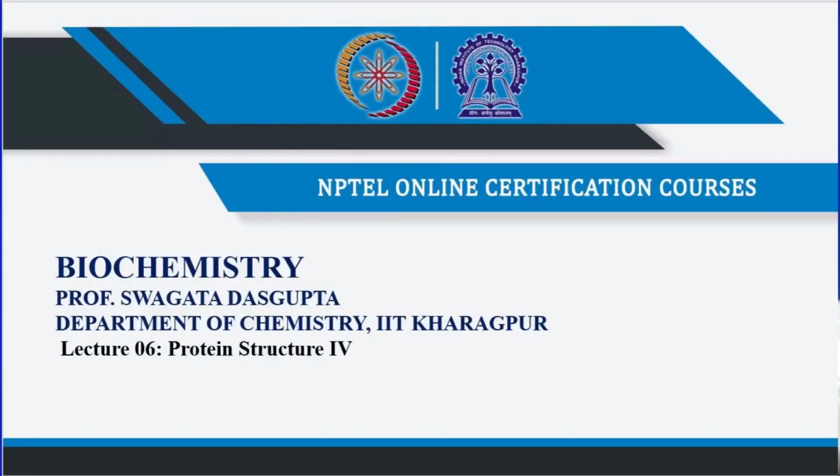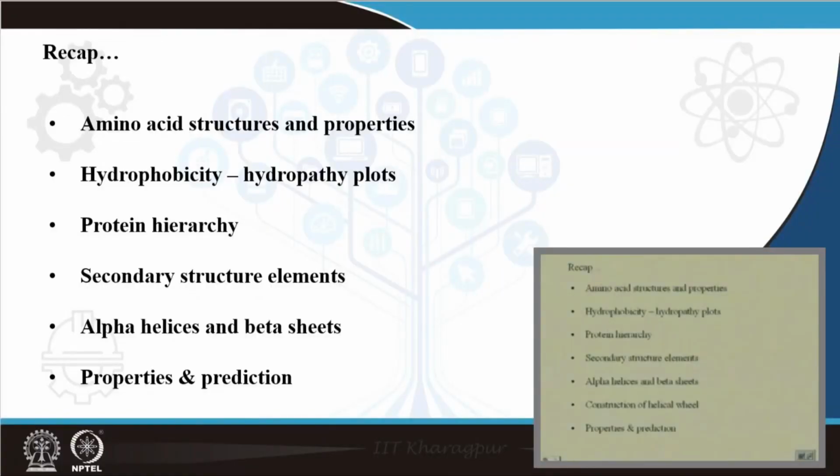Complete our discussion on protein structures today. And just to recap on what we've done so far, initially we studied the different amino acid structures and their properties. We considered hydrophobicity as the most important property of amino acids and constructed hydropathy plots to determine which regions of the protein amino acid sequence are actually hydrophobic in nature, which would occupy the core of the